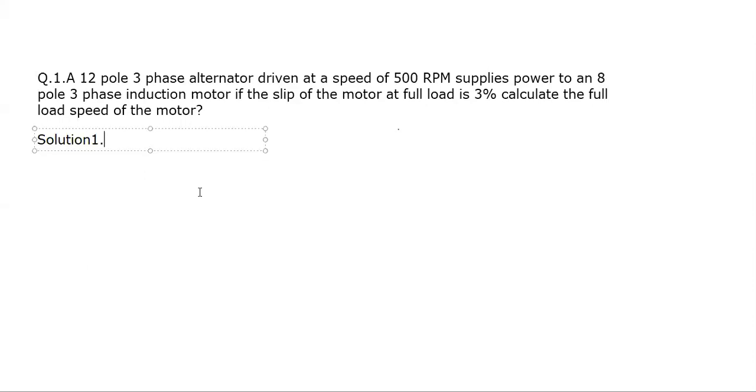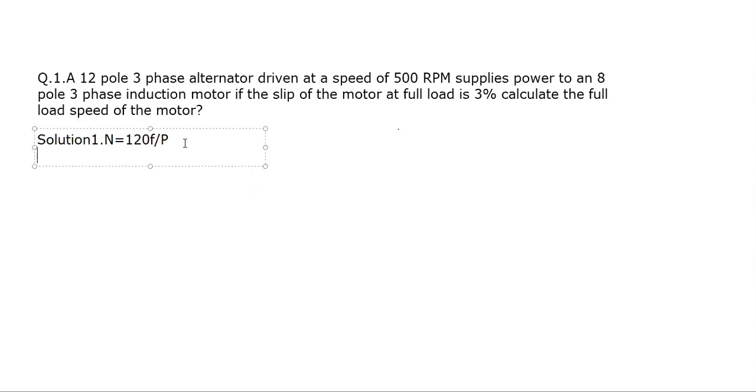We will find the frequency from the formula N equals 120 f upon P. We know this is the formula for the speed of a synchronous machine. Now, many students have this confusion: they know P is the number of poles of the machine, N is the speed of the machine, and f is the frequency, but why is this constant 120 given? So I would like to explain it to you for a while. What is the reason why we use 120?